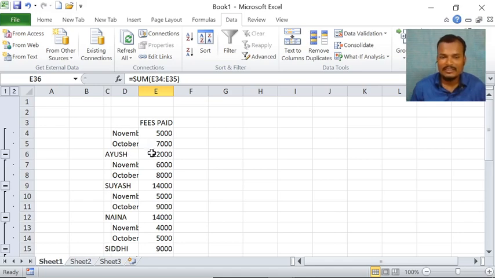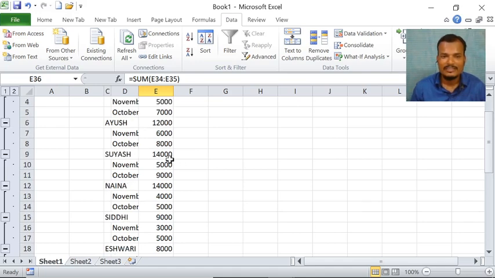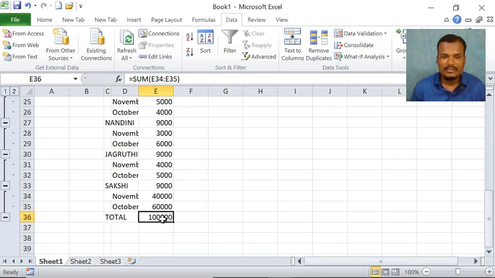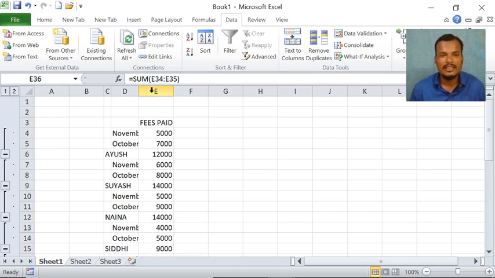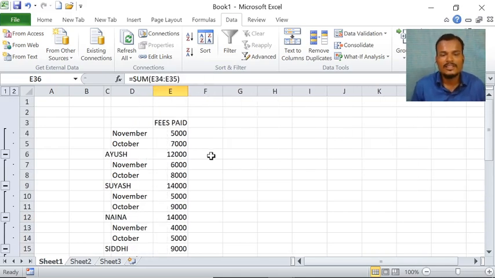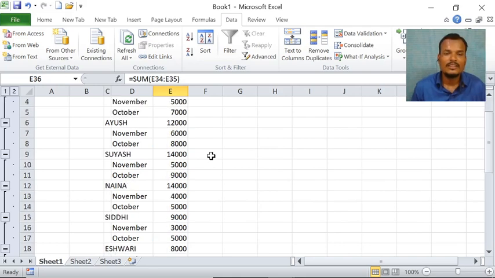Ayush's complete amount paid in 2 months is 12,000. Like that Suyash, Naina, Siddhi. The complete amount they have paid in October and November month is 1 lakh rupees. This is about how to merge two workbooks.